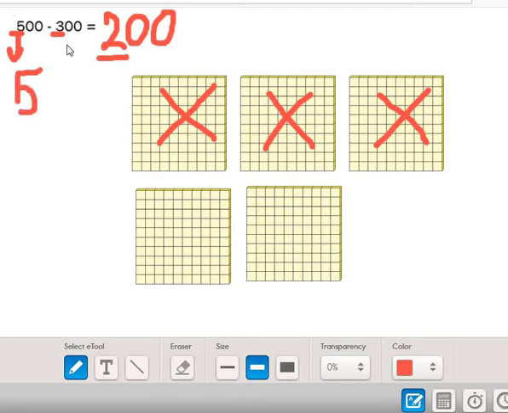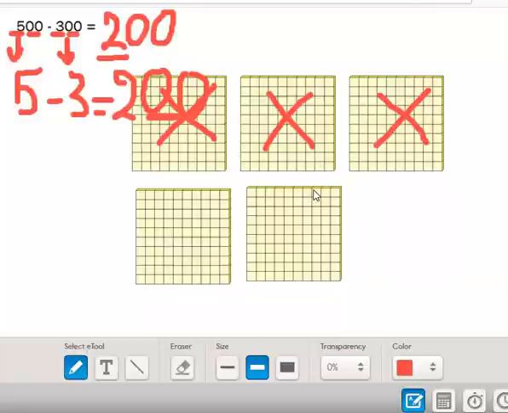The hundreds digit here is 3. So 5 minus 3 equals 2. Since we are talking about hundreds, we will add 2 zeros to this 2. Here we have 2 zeros, and here we have 2 zeros, so we have to add 2 zeros here for